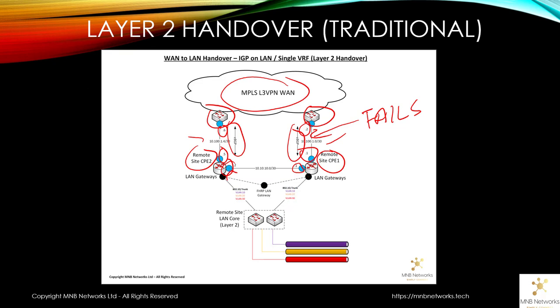Now let's look at how we actually hand over to the LAN. In this scenario, we've got first hop routing protocol indicated here, which is a floating default gateway, and we call that a VIP or a virtual IP address. So what happens here is the default gateway for every device on the local area network has the same default gateway, for example .1. So if we have .1 as the default gateway,